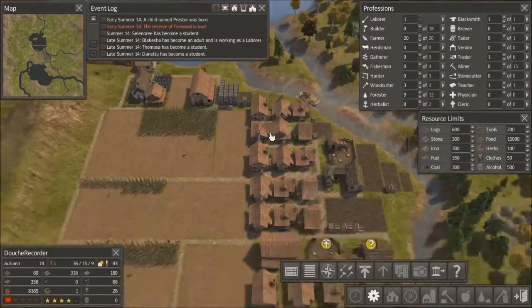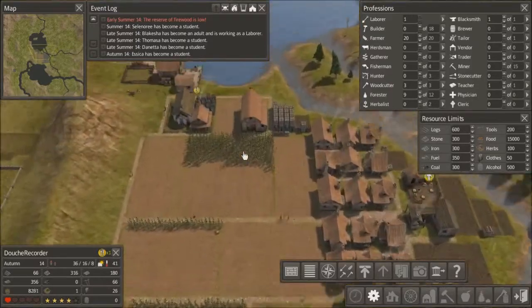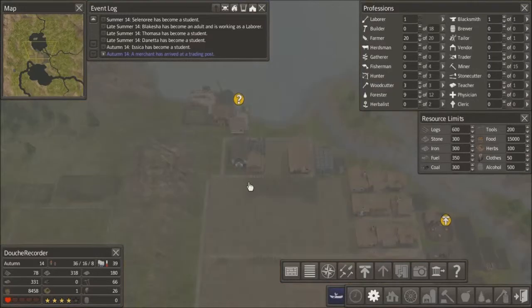This barn is full. Do we have another one? Yes, we do. See, where this barn is right now, it's kind of in the center of all the farming, so...